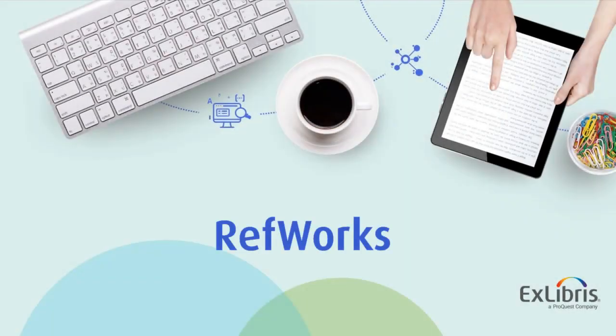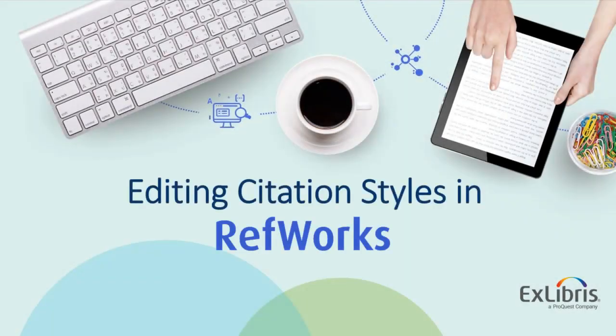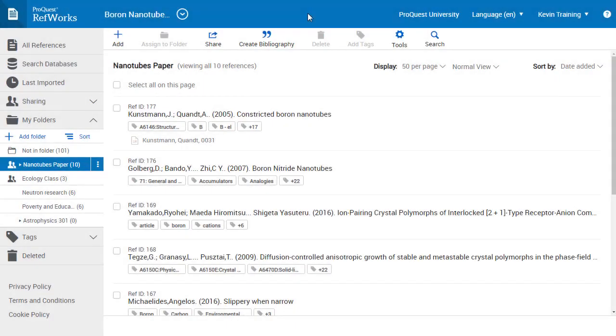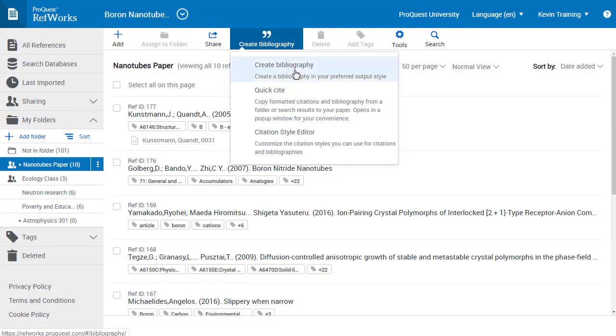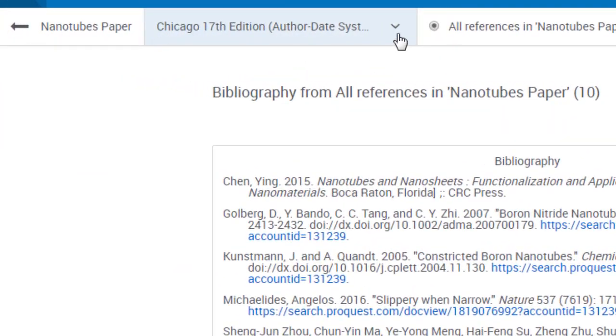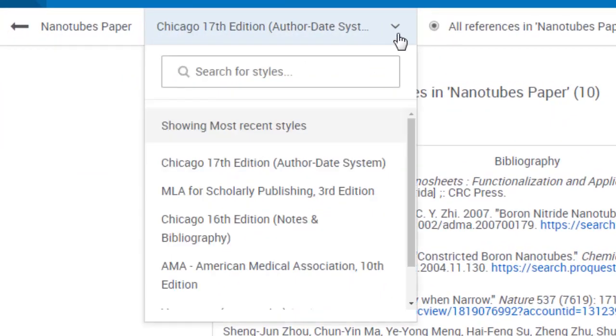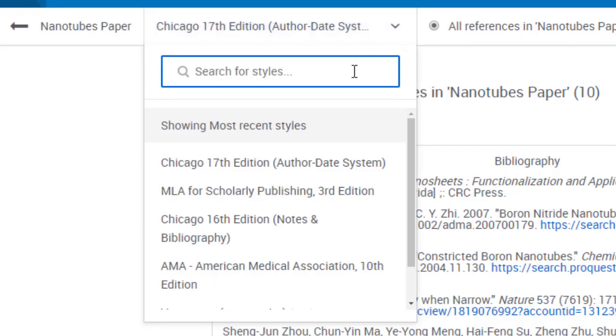This RefWorks training session will show how to edit citation styles. When using RefWorks or one of its writing tool add-ons to create citations or a bibliography, you can choose from thousands of citation styles, as needed for the publication or the class for which you are writing. If the citation style you need is not on the list of most recent styles, use the search box to